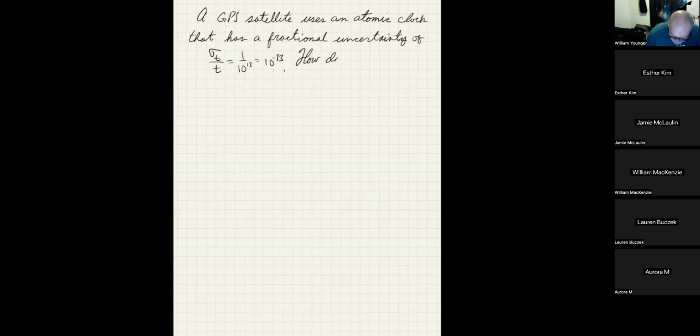How does delta t minus delta t0 over delta t0 compare to sigma t over t? So that's really the big question: is it comparable? Because if it is, if this delta t minus delta t0 over delta t0 is bigger than 10 to the negative 13, then yeah, we've got problems, because we've got to take into account special relativity. So let's calculate that. Well, it turns out a GPS satellite